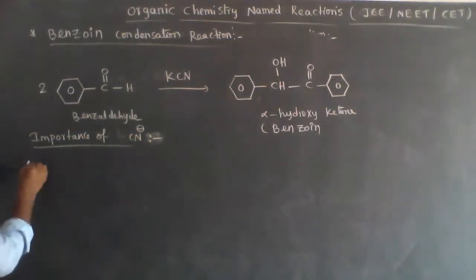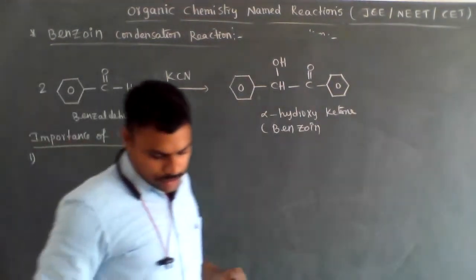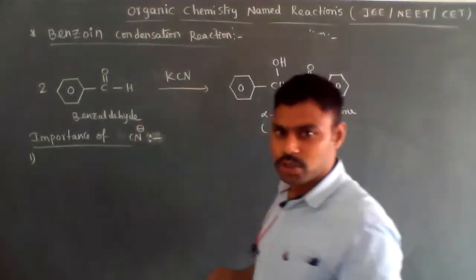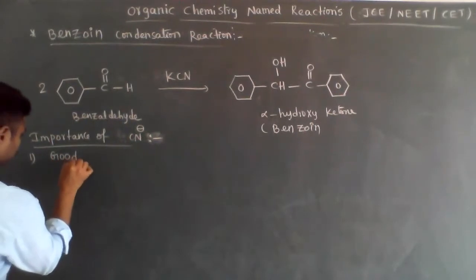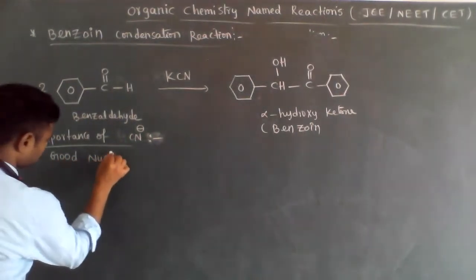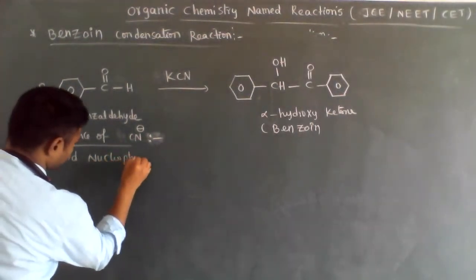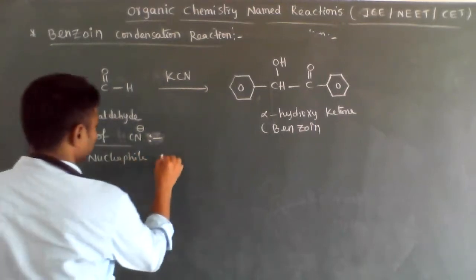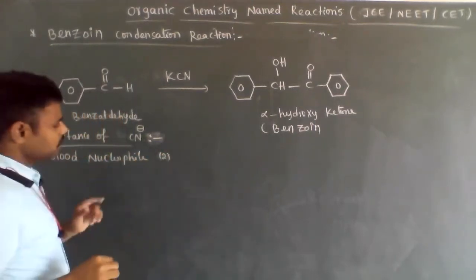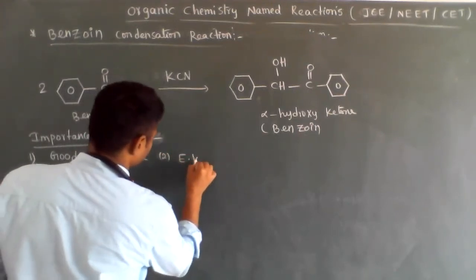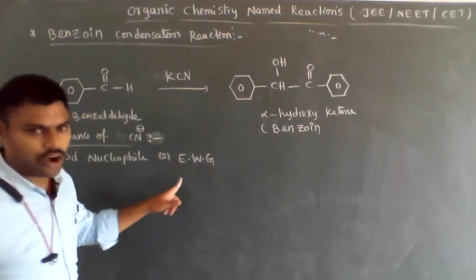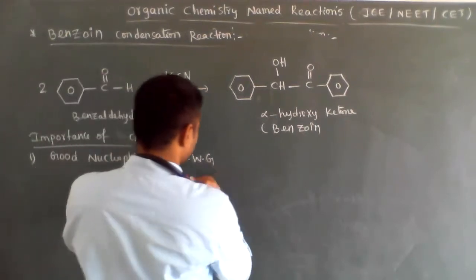The first thing: the cyanide ion is a good nucleophile. And the second is that it is a strong electron withdrawing group